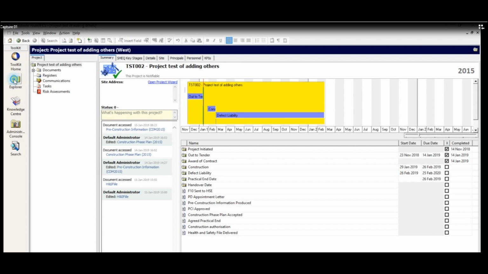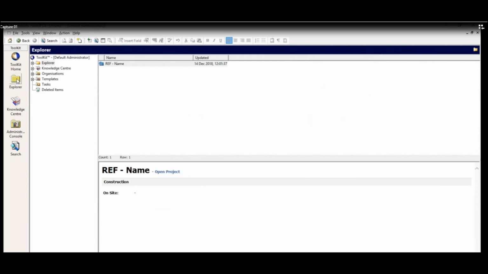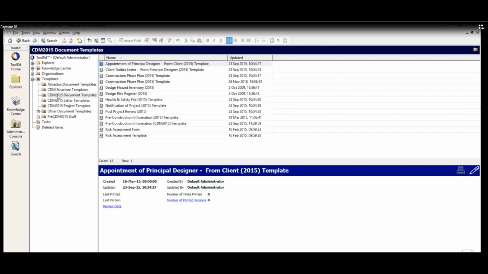So you may have seen these already and be familiar with the Explorer tree, but going back to Explorer there, you've got your templates folder, and we've got a number of document templates already set up that we've put together over time. And when we ship the product, we'll send some key ones out to you, like the notification, health and safety file, your pre-construction information, and the construction phase plan. You'll have a default one of those sent with the product,